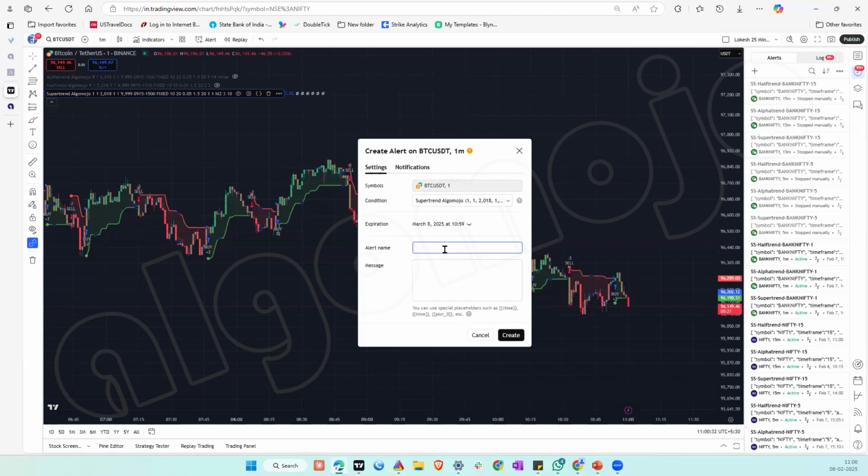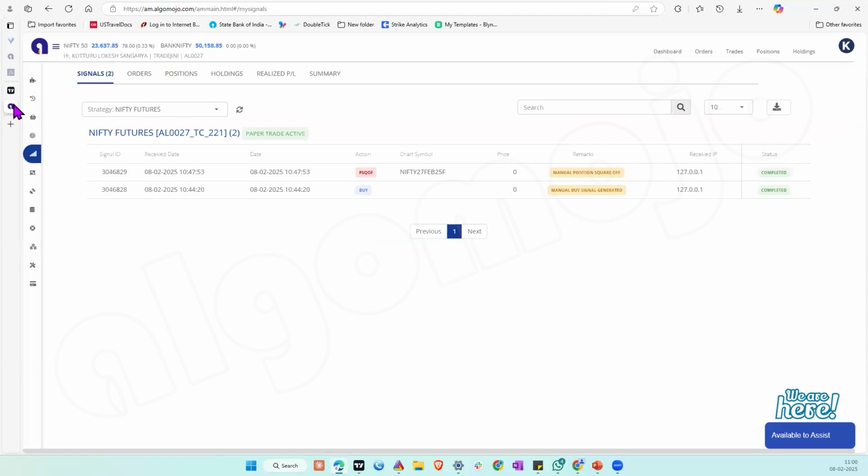And a name has to be given. So for example, let me say this is Nifty Super Trend. Okay. Now it can be any name. So then go